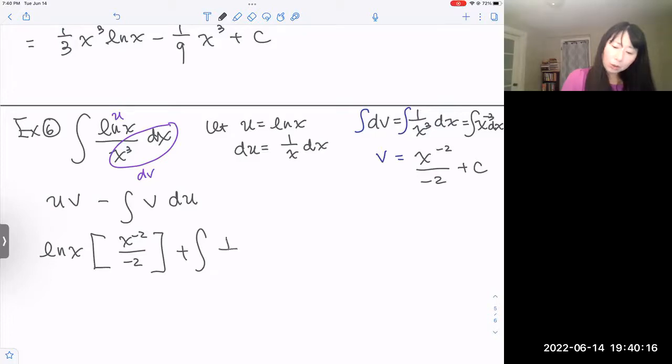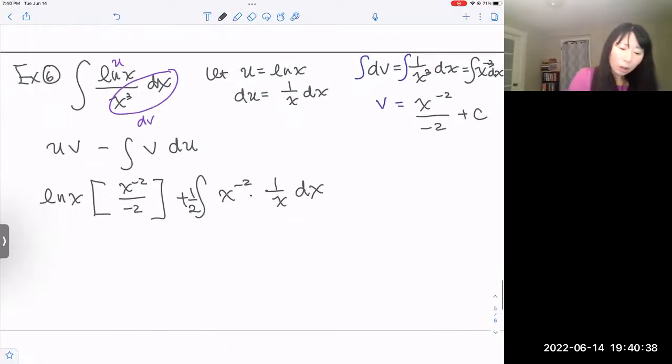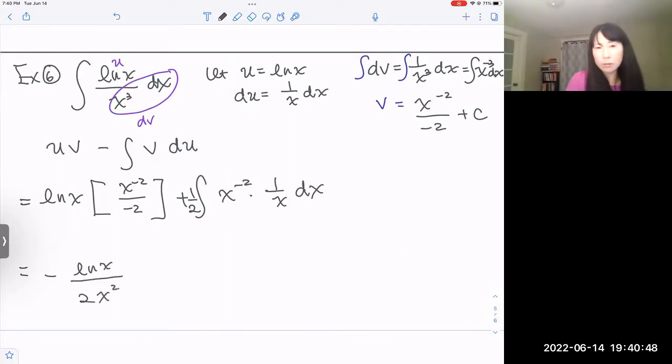So 1 over 2, and then x to the negative 2, and then du will be, ooh, it's 1 over x dx, right? You guys okay? All right, then negative ln x